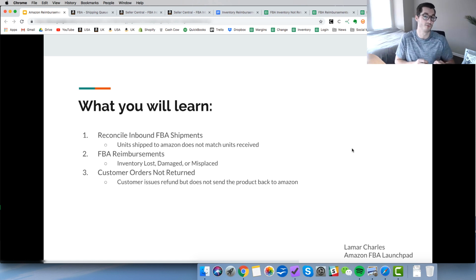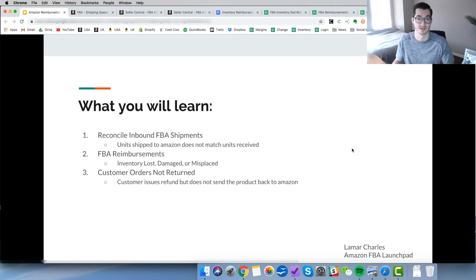And if you're not following up on each one of those units, and don't get overwhelmed because I'm going to show you exactly how to do this in the video, the inventory goes missing for some reason, and you need to make a claim with Amazon and detail to them and say, hey, this inventory is in the network, but it's gone missing. I can't find it. I need to be reimbursed. So Amazon actually owes you this amount of money, the value of that unit that was lost, damaged, misplaced within